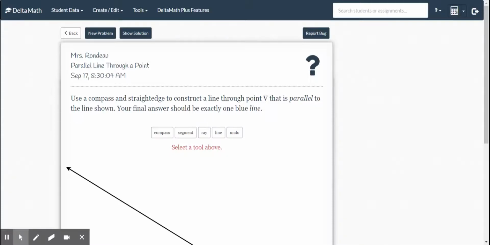Hey everyone, this is Mrs. Rondo. I am going to walk us through how to do a construction like we did in GeoGebra, but here